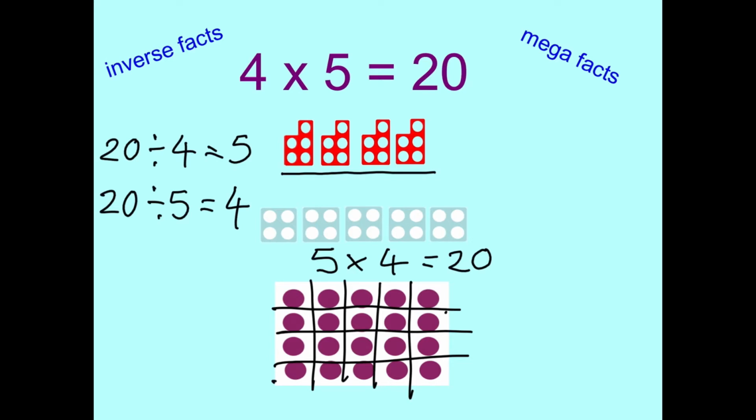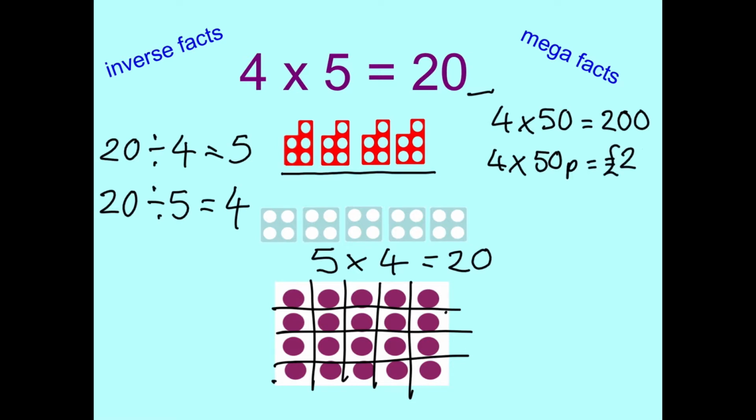Now I like it when it's 5s because you can pretend it's 50p's. So what would 4 times 50 be? 4 50s. Now remember the 0 rule. You've already got 20. You put a 0, you've got 200. Now if it was 50p's, if you had 4 50p's, that would make £2, because remember that's the same as